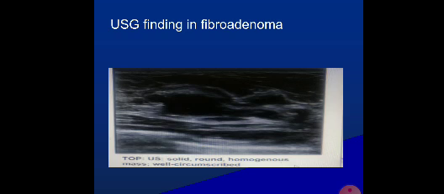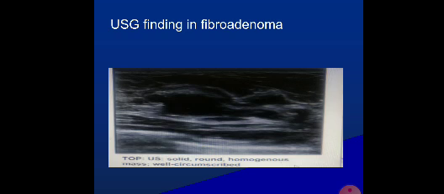What do you get on the USG in the fibroadenoma? Here are very important USG findings. So you have to understand by this the benign lesion and the malignant lesion. By USG you can say whether it is a benign lesion, probably benign lesion, or a malignant lesion. The final diagnosis is on histopathology, but on the USG you can see here the horizontal